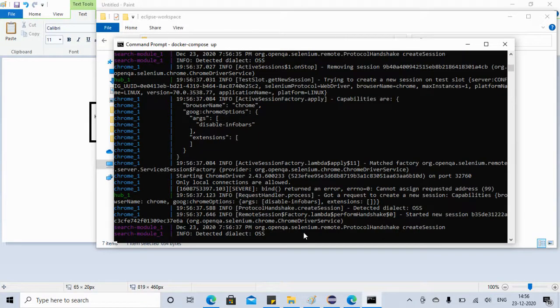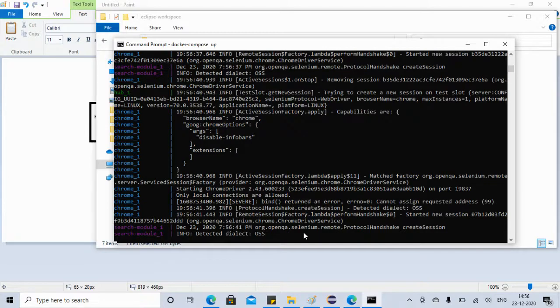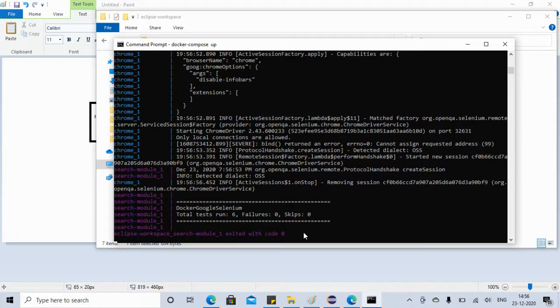It will check the health check script, whether Chrome and Firefox are registered to the hub. Once that ready status is true, it will execute the Selenium Docker project as per the testng.xml file. It will take some time. Yes, this time too, total runs 6, failures 0.